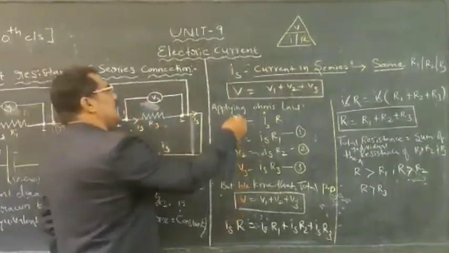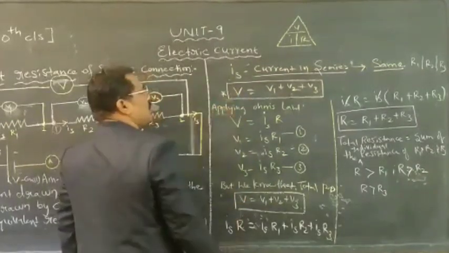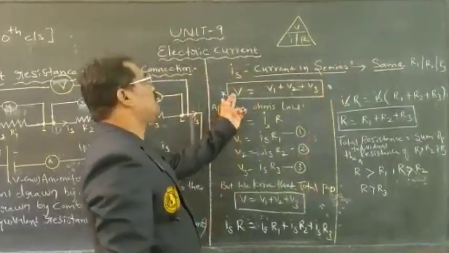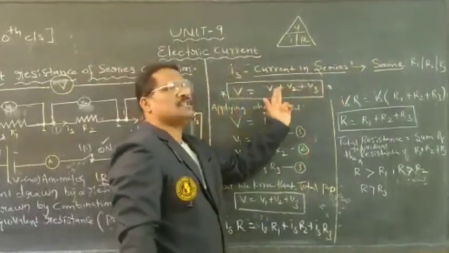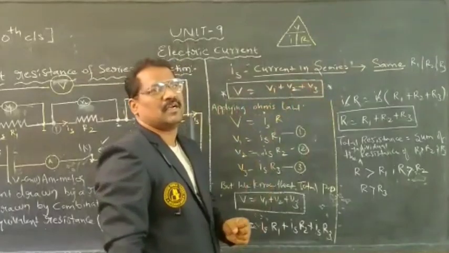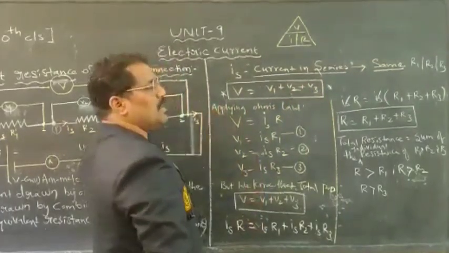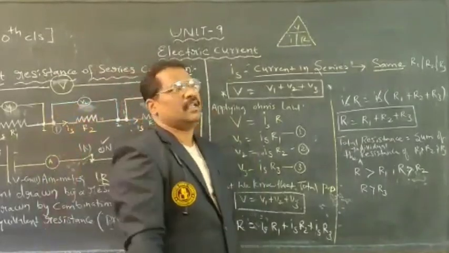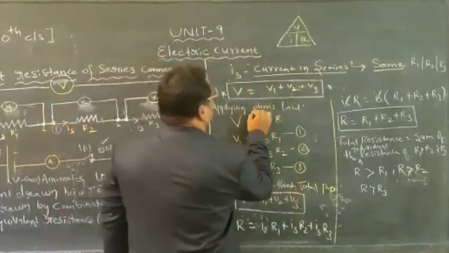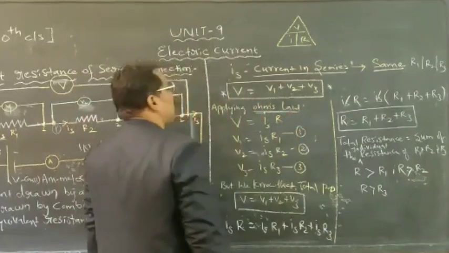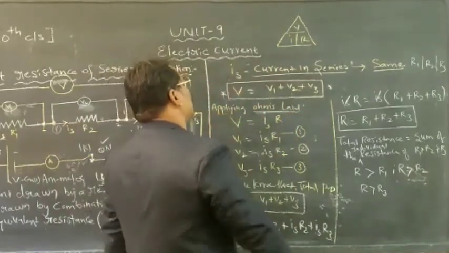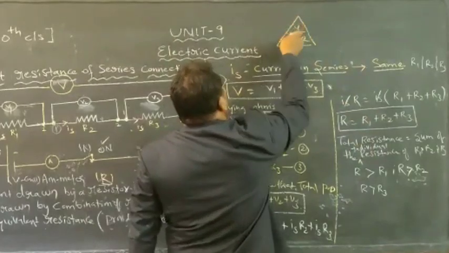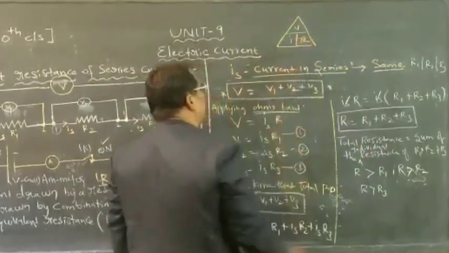Now what I am doing, as the potential difference is varying here, the constant potential difference is dividing into the sum of individual voltages, depending upon the capacity of resistance wire R1, R2, as well as R3. So based upon that, I am deriving one formula. Applying Ohm's law within this equation, we need a formula based upon V. Keep your hand on V in the triangle, and IR will come up.